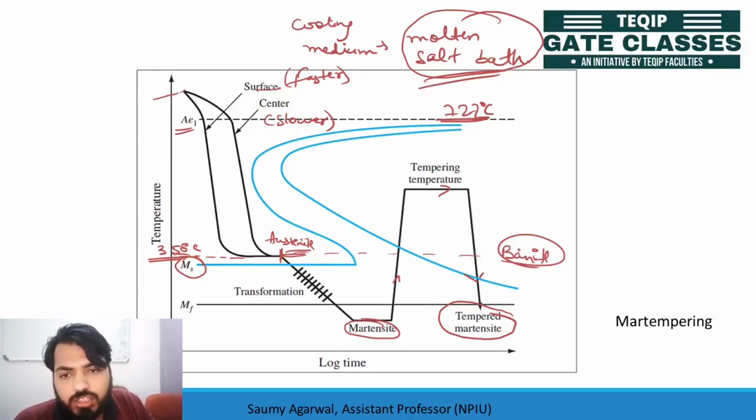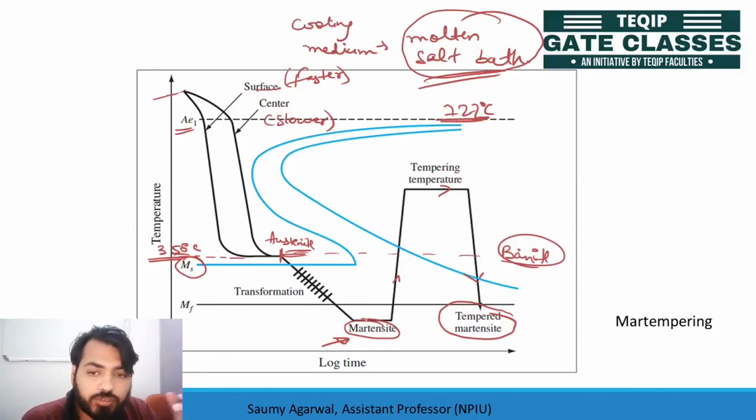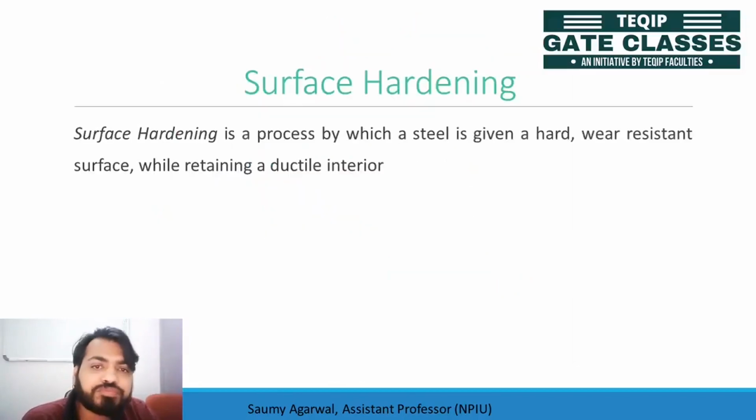Since you are getting martensite after doing all this, you are getting the final product as martensite. Because of this, the mar tempering process is given the name mar quenching process, because this is not the sort of tempering process where you get softer material. By doing this mar tempering, you are getting a martensitic structure, which comes under quenching. So people prefer the name mar quenching also.